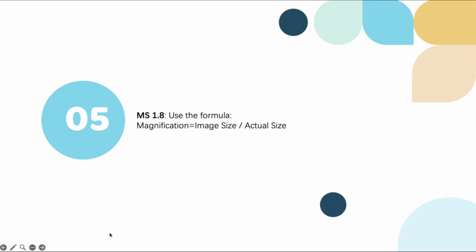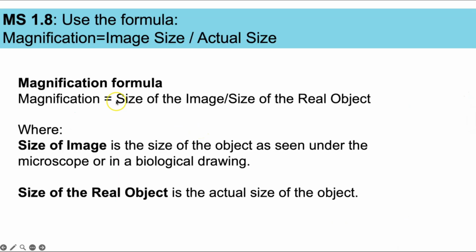Next skill then is using the magnification formula. So magnification is image size divided by actual size. And you could have to rearrange that formula to work out the actual size of an object as well. Unlikely they'd ask you to work out the image size because you would just look at the image and measure it with your ruler. So here's our formula again, and the size of the image is